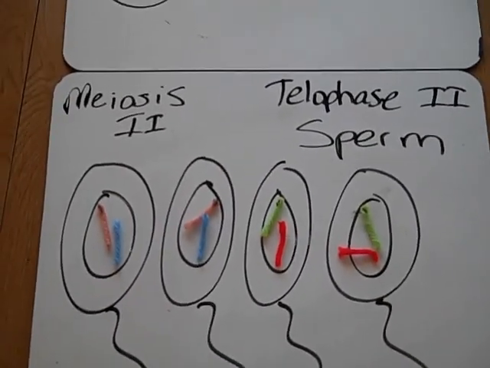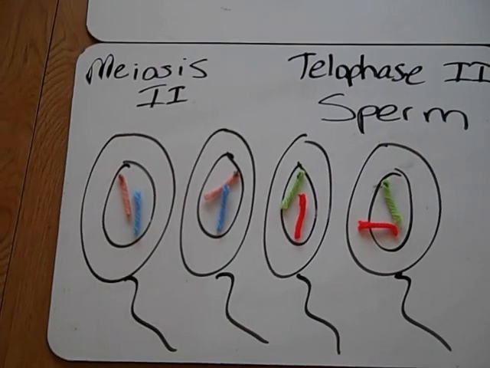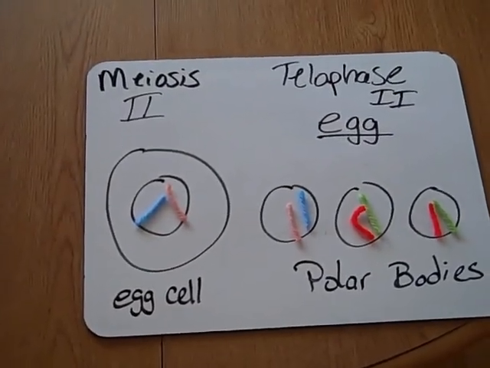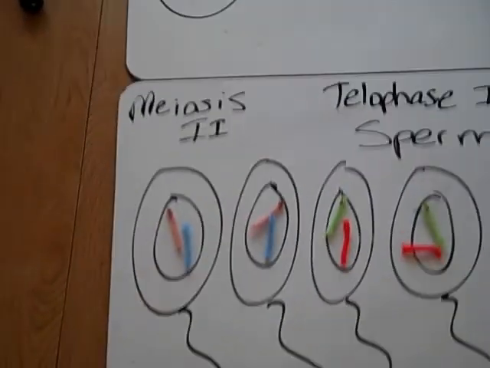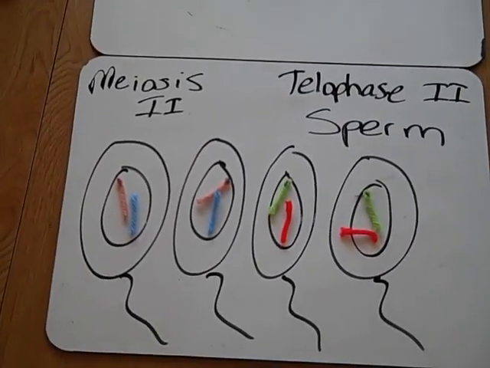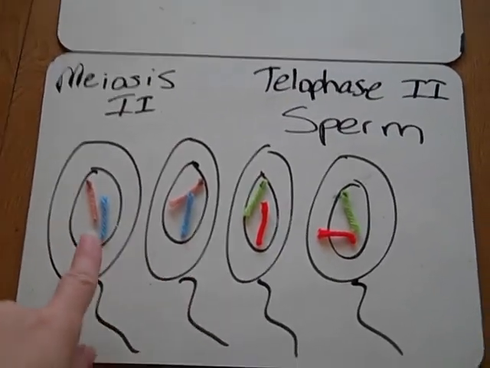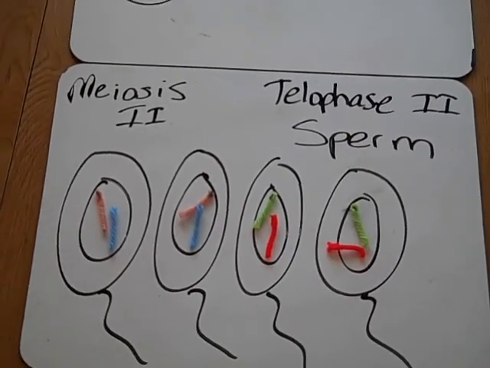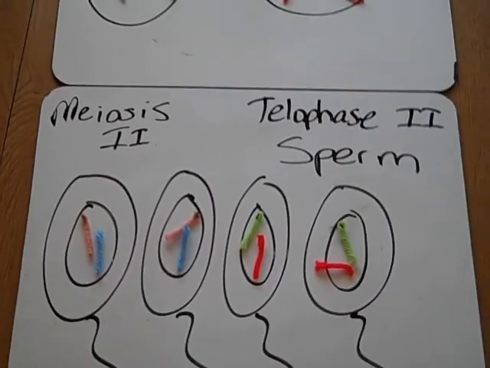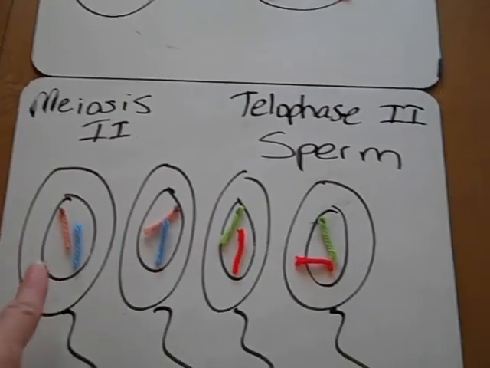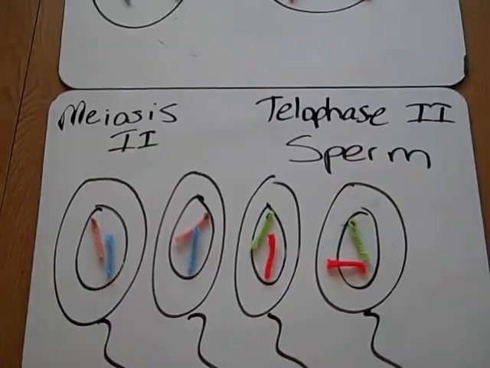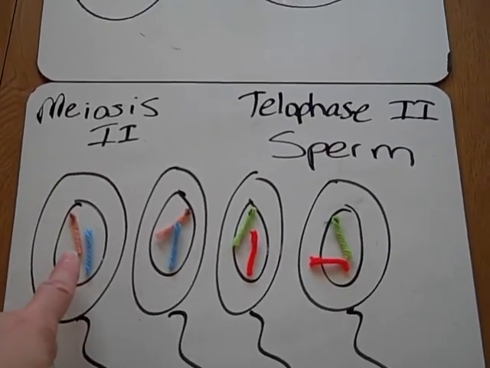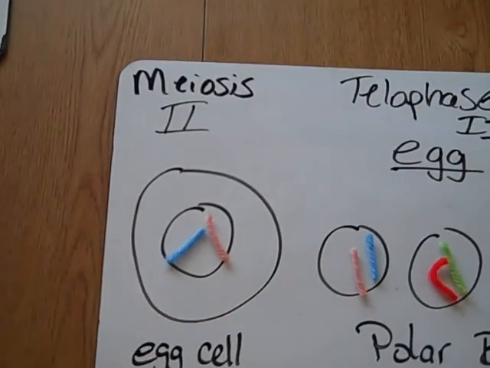If you are a male, you form 4 sperm cells. If you are a female, you will form 1 egg cell and 3 polar bodies. You will notice that each of the 4 sperm cells that are created if you are male have 2 chromosomes inside the nucleus of the head of the sperm cell. That's because half of your DNA has been given to each one of these cells, so that if this sperm cell fertilizes an egg, this half of the DNA would pair up with this half of the DNA